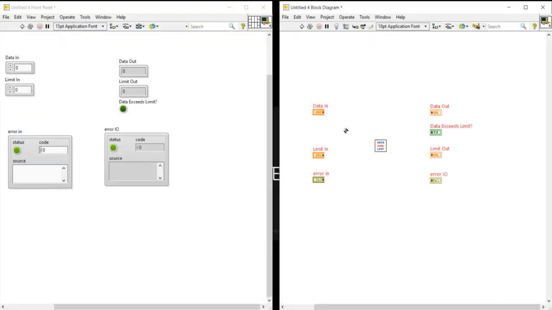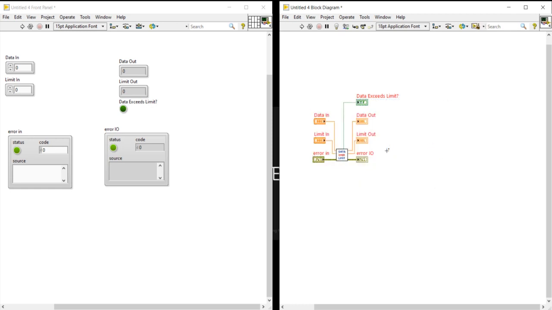Okay, data over limit sub VI, limit here, Control A, Control U. Now my program is ready.